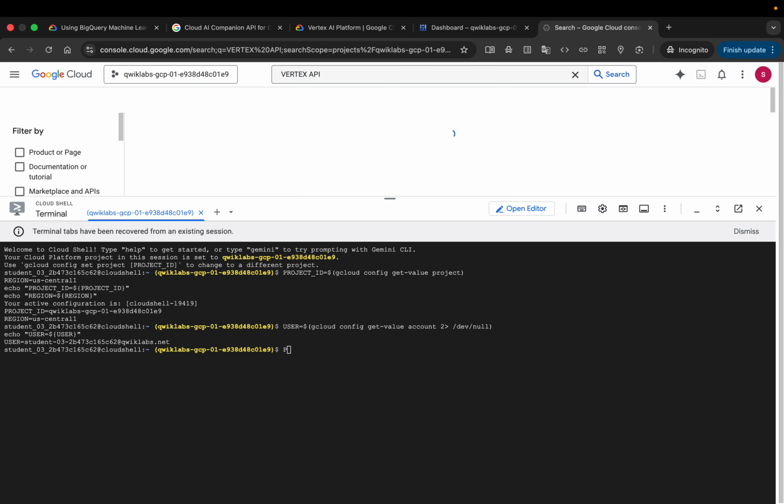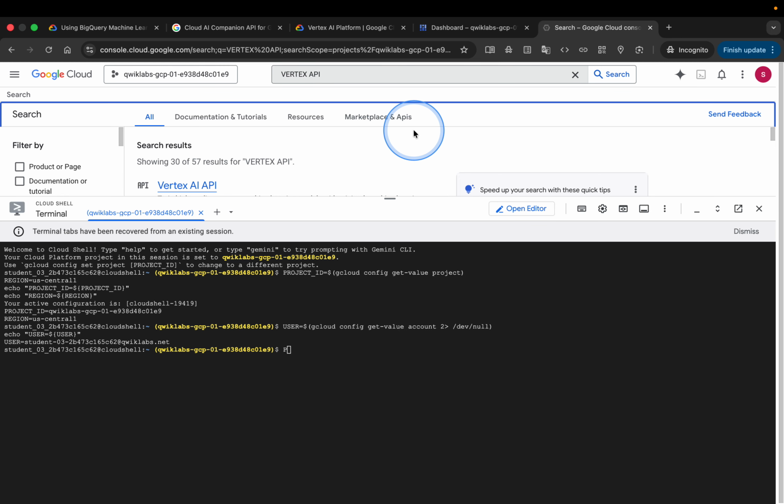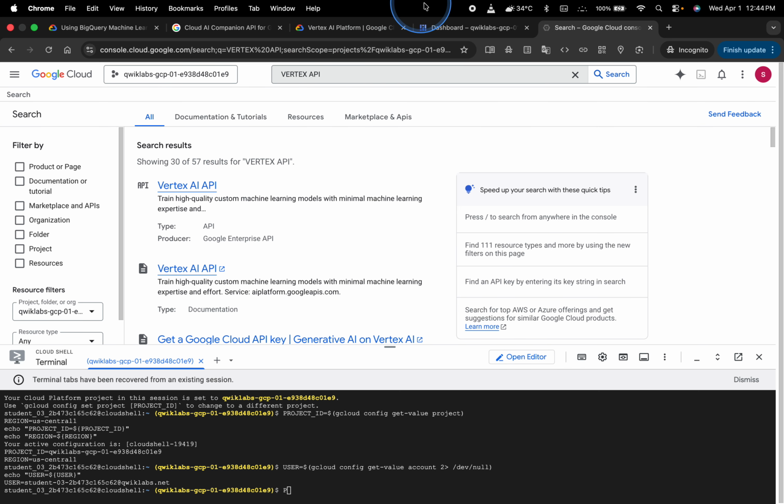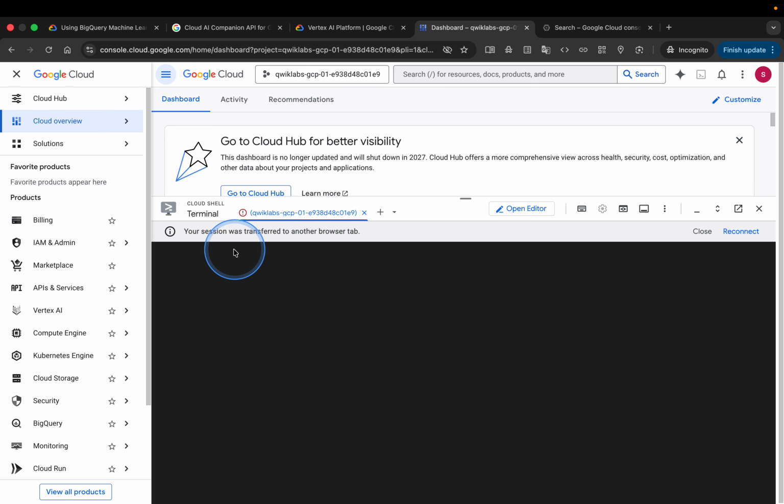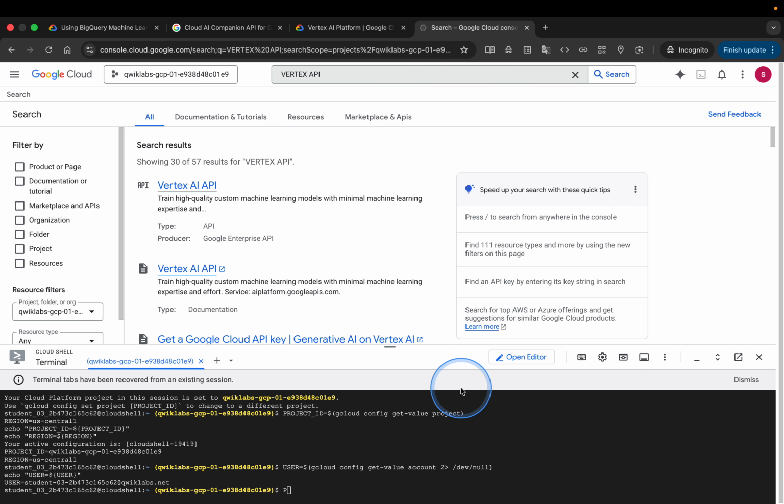So this is what happens. Google Cloud transfers you to the Vertex API. You can see our session was transferred to another browser tab. Let's just continue from here. So next,